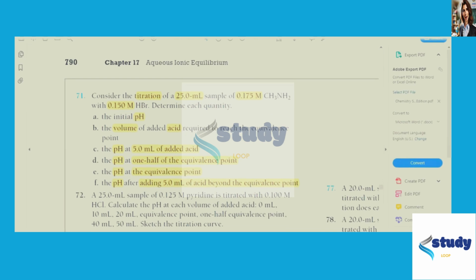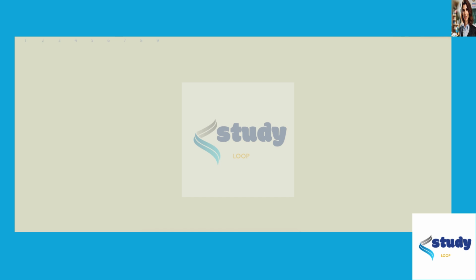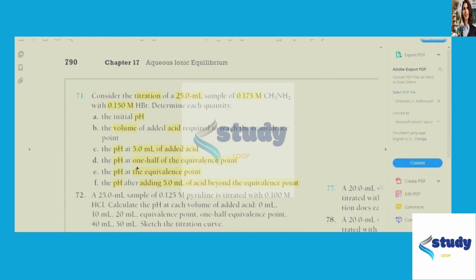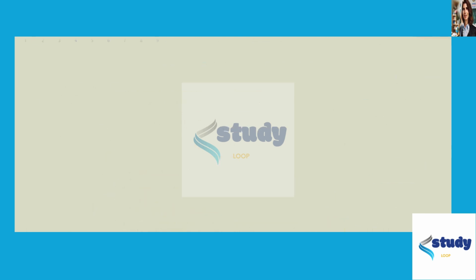Okay, almost done. Now the last question is pH after adding 5 milliliters of acid beyond the equivalence point. This should not be difficult at all because here we already have the concentration of H plus ions, right? H plus ions will be 0.15 into 5 milliliters. I'm going to divide that by 1,000,